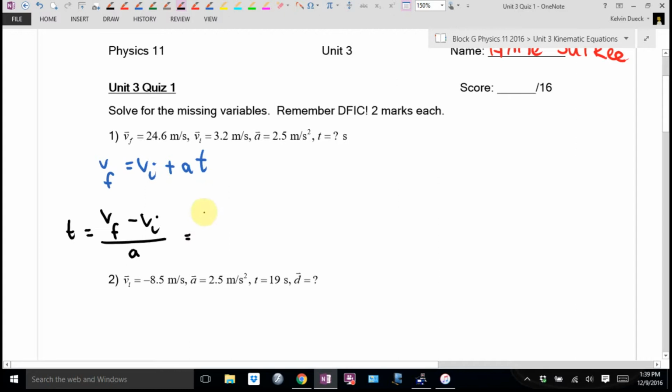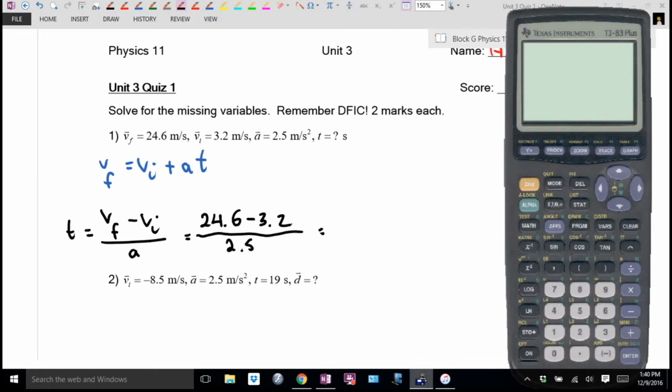I'm going to go 24.6 minus 3.2, all divided by 2.5. Is this a fraction? Yep. Is there more than one thing on the top? Brackets. Is there more than one thing on the bottom? Nope. Okay. 24.6 minus 3.2 divided by 2.5. I get 8.56